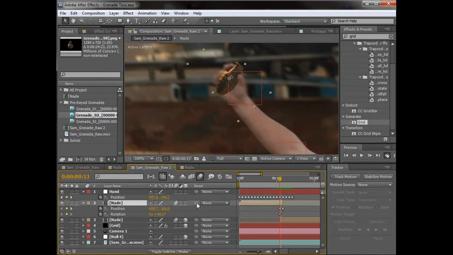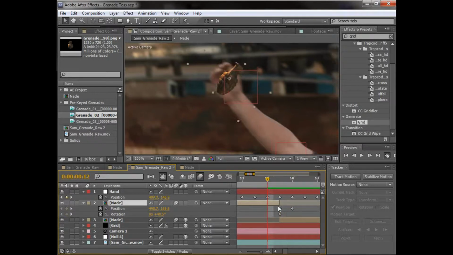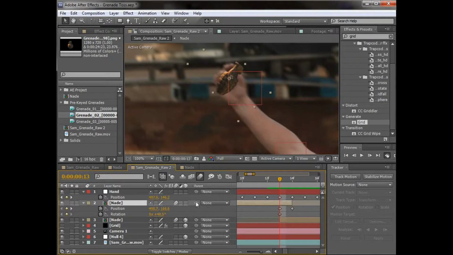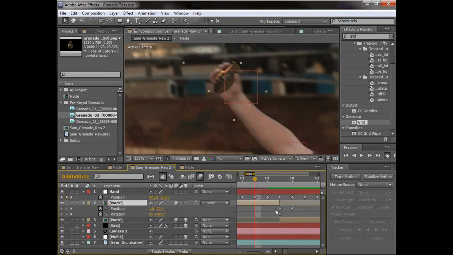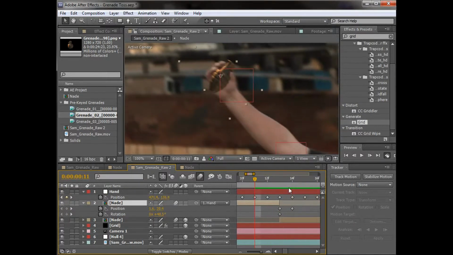Okay, cool. So we've got this tracking data here, and what I need to do is link our 2-dimensional grenade to that tracking data. So we'll parent it, and right at this point in time where we've synced the 2 clips together perfectly, right here we're going to link it to the hand, and then we trim that footage. So now if we go back, it should kind of